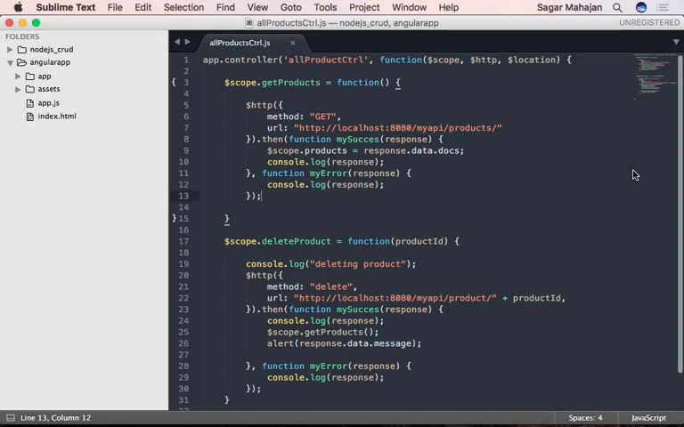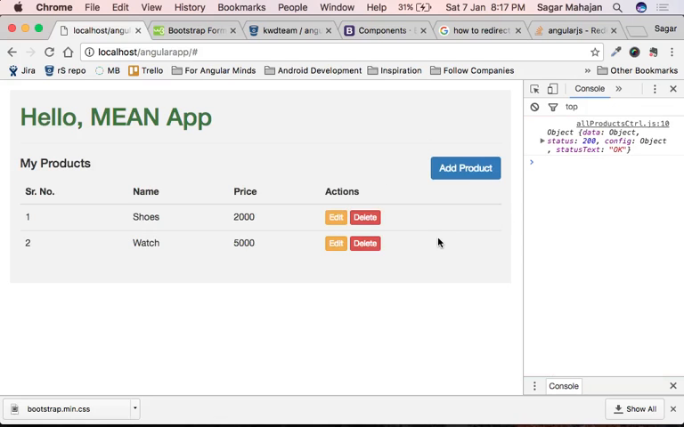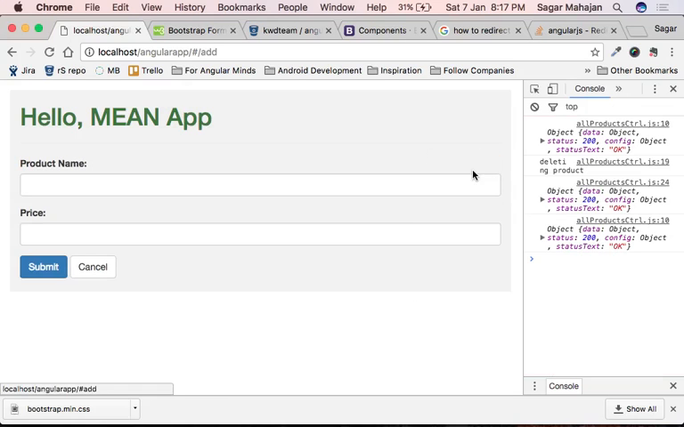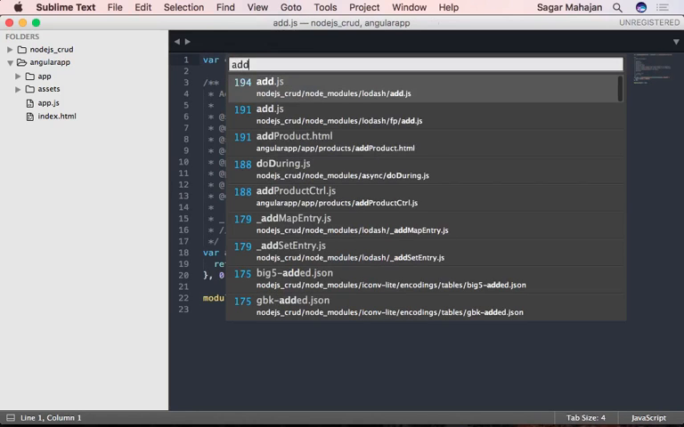All products controller, correct? Now refresh. Okay, so we are good. Delete, it's working. Now about add, right? So for add product,